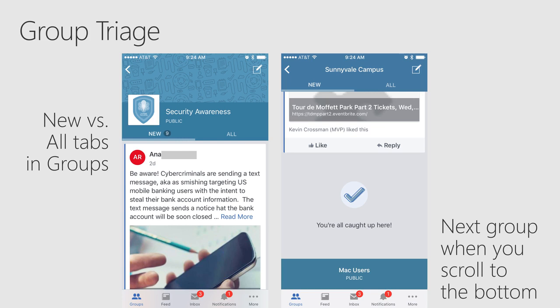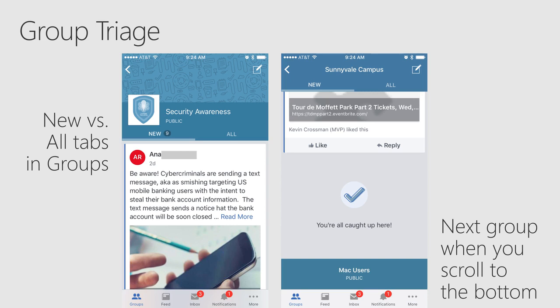Now, we're all familiar with mobile apps like Facebook and Instagram and Twitter. There's always something new to see. You can keep scrolling and scrolling and scrolling. Why? Because those apps want you to stay in there for long periods of time so you can see all their ads and tap on their ads, etc. But Yammer is a work tool, and the team from Microsoft has built Yammer so that you can go in, get yourself up to date with what's happening, and then when you get to the end, there is actually an end, and you can put the phone down, or the Yammer app at least, and get other work done.